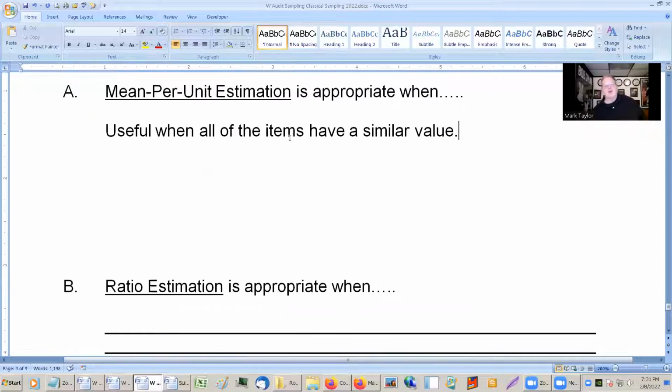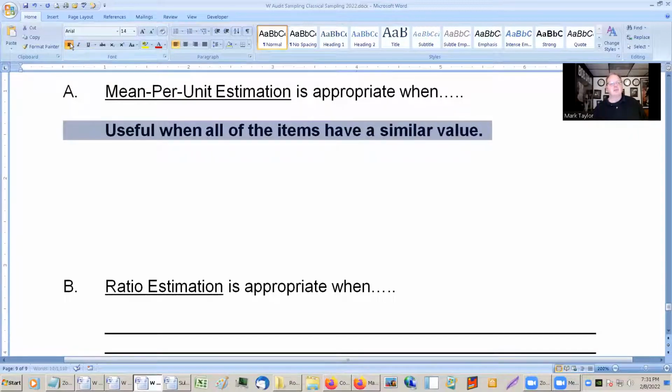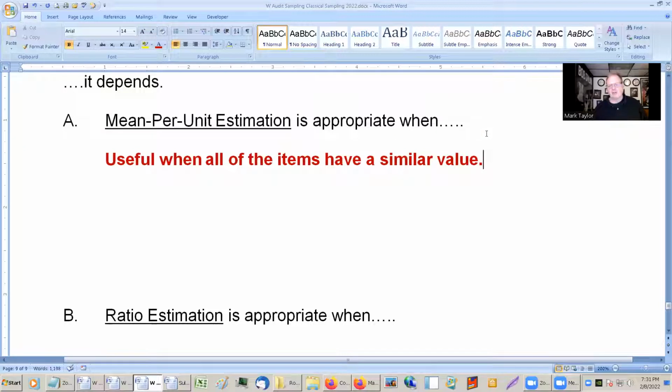It's useful when all of the items have a similar value. And a lot of these can be used for things even outside of auditing. I think I told you guys, if you want to know how much a flock of ducks has on a pond, you can say, okay,